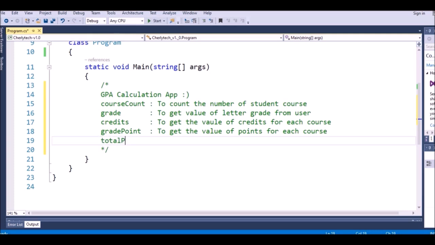Total point. For the total point, it means that we will summarize all the points from all of the courses, right? So it means that to summarize the total points for all courses,